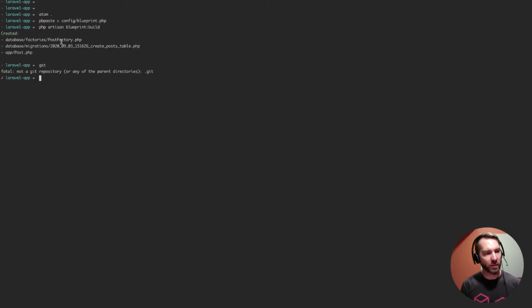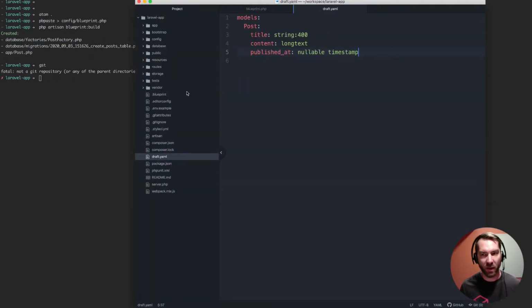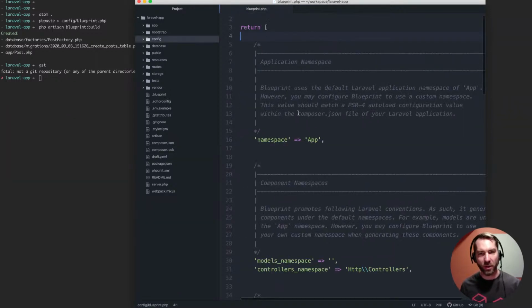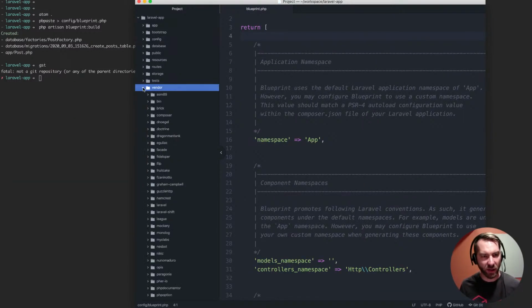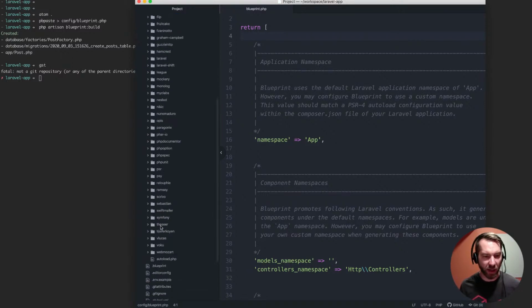GST, oops, it's not a Git repo. That's fine. It should regenerate everything anyway since we just did the model. So we're good on generation. What I want to do now is dig into core Blueprint here and see if we can take out,